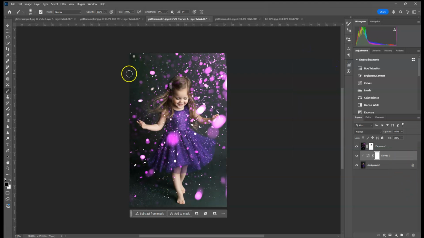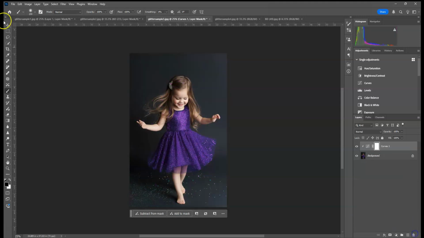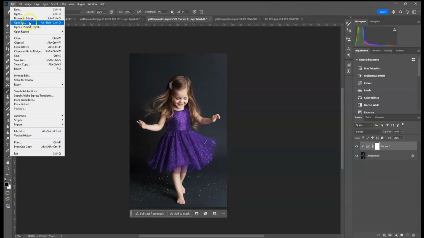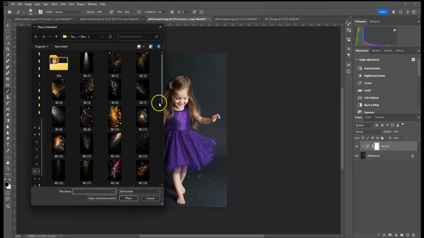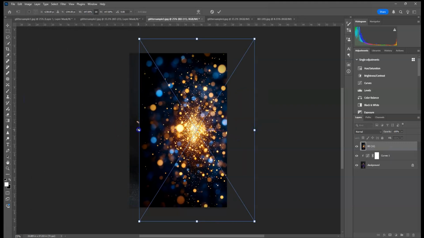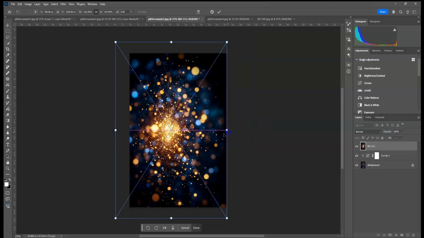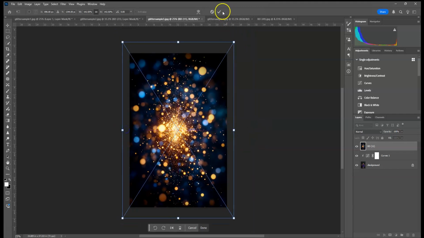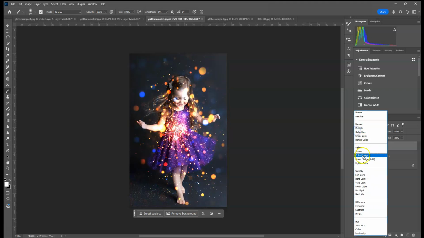There we go. Okay, so this would be good for this one if this is the one I wanted to use. And to change the color, I just want to show real quick if I use a different color, to File, Place Embedded. If I do a multicolor one, I wouldn't use this one for this image. I just want to show you, because see how this one has blue and gold in it. So if I were to change the blending mode to screen,